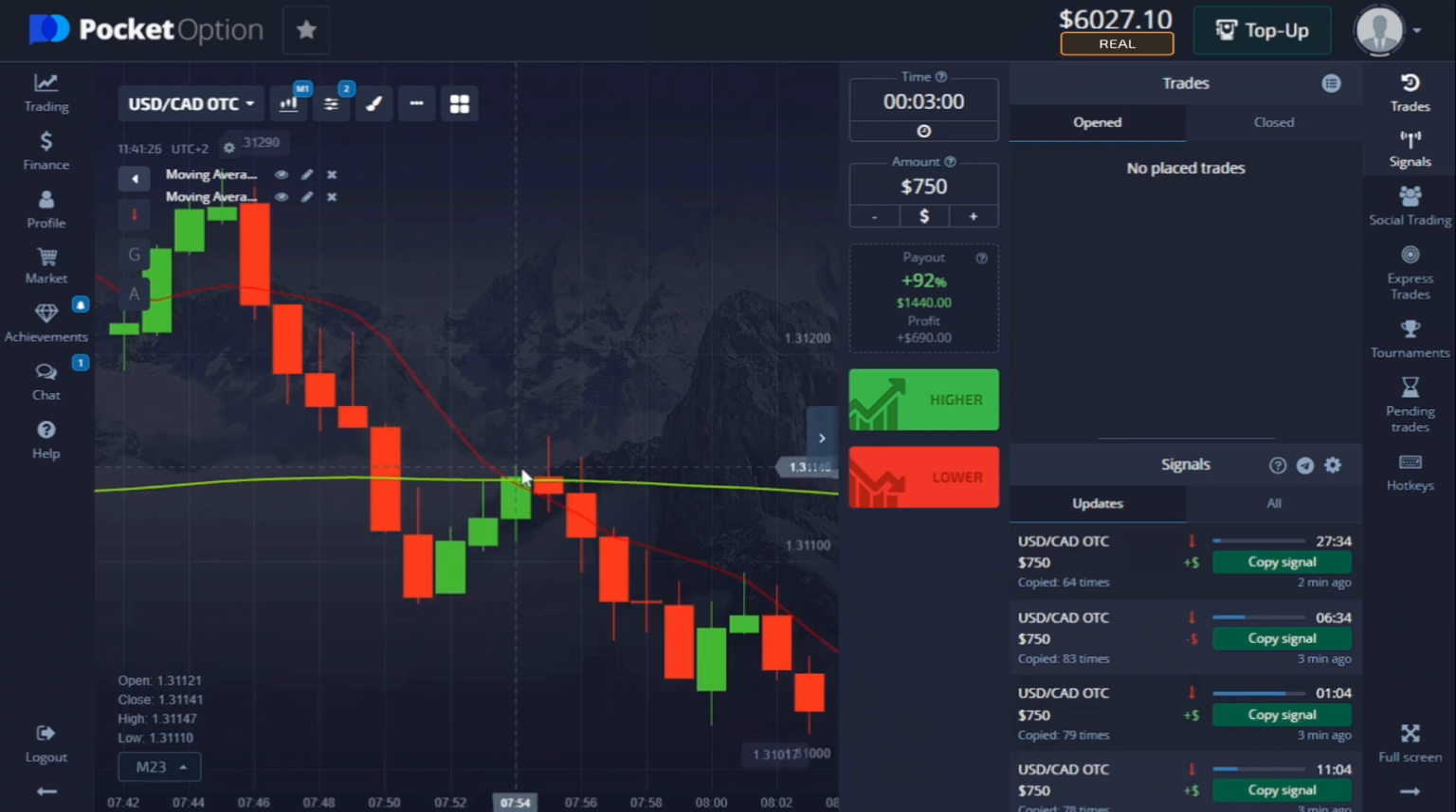And here we have an example of the 8 SMA closing below the 200 EMA on this candlestick over here. As you guys know, each candlestick represents 1 minute, so had we entered a sell position on this candlestick over here, the trade would have closed on this candlestick right over here, and that would have been beautiful, beautiful profit